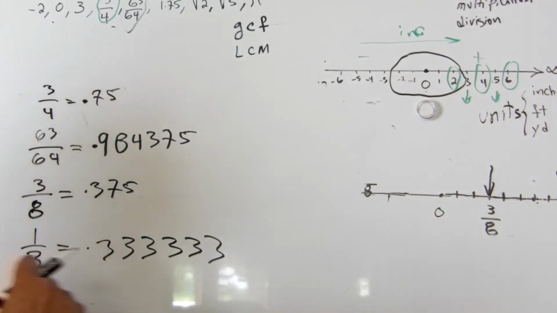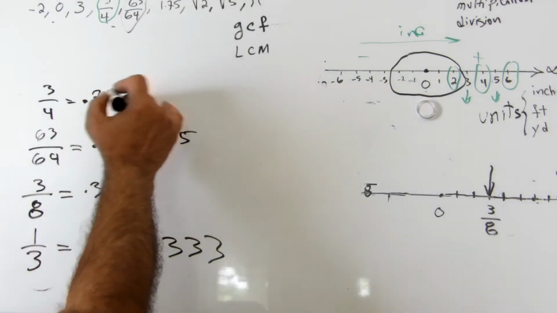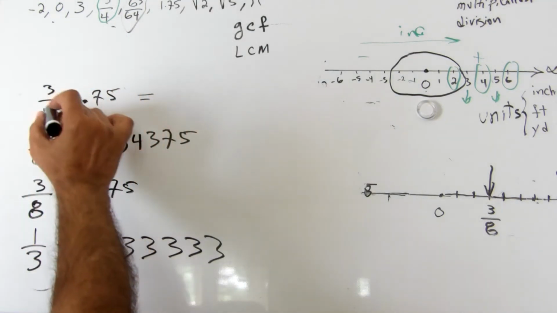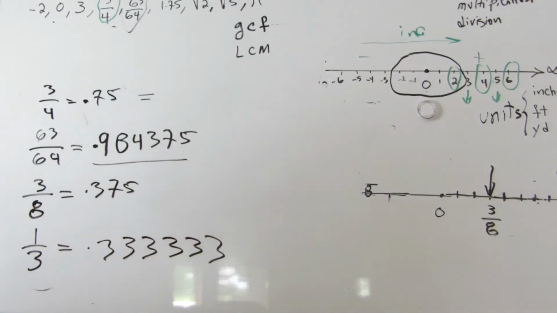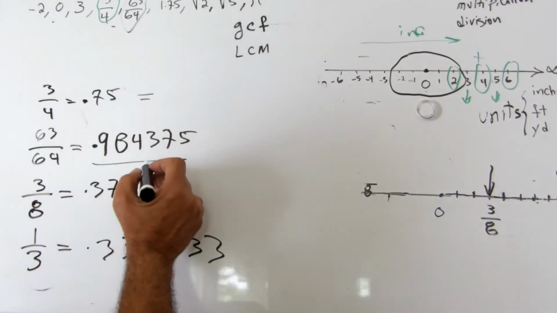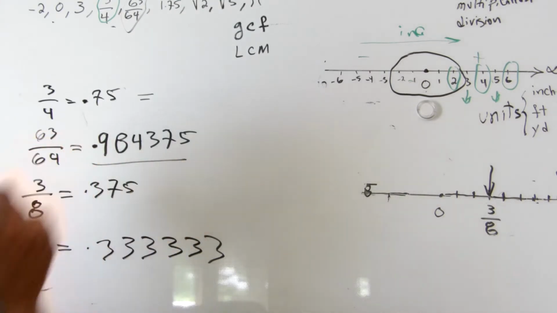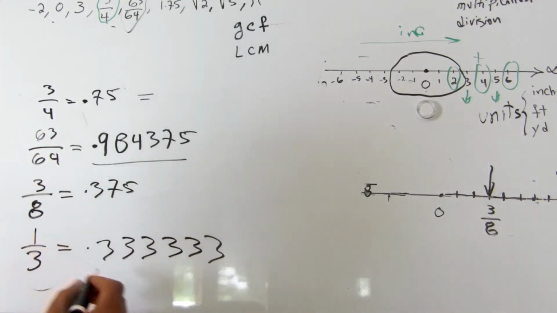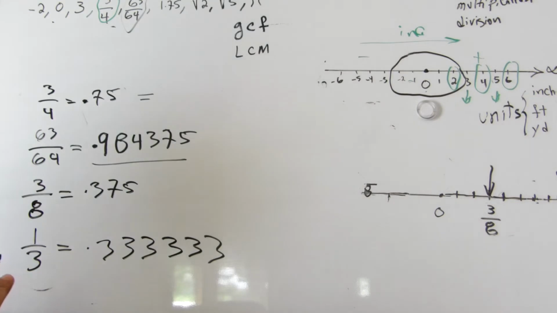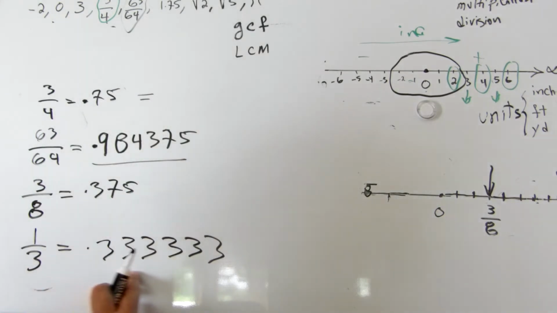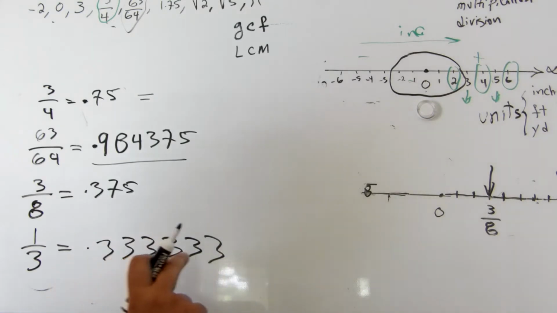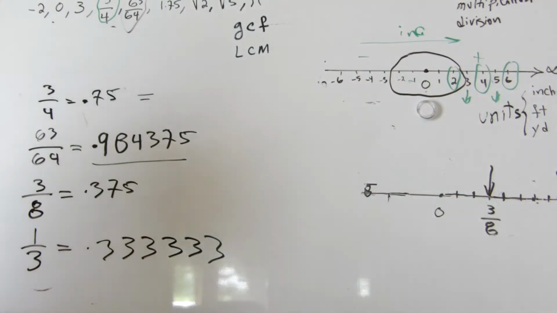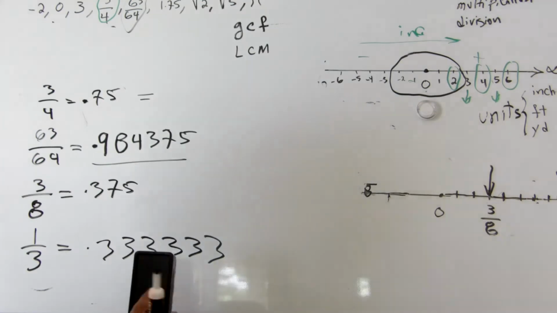We can change all these to fractions. We see that 0.75 is 3 over 4, and in the calculator I'm going to show you how you change this decimal to fraction, and this one. So some of the numbers just continue forever, but they're the same number, 1, 3, 3, 3, 3, 3. We can change this one, but there are some numbers